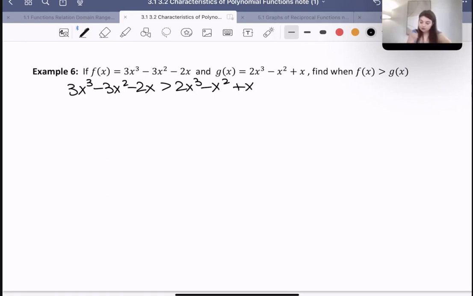Okay, so what I'm going to do is bring everything to our left. Then I'm going to have x cubed minus 2x squared minus 3x is greater than 0. And then I'm going to factor this. Oh, and this is good news. We don't even have to do our long division at all. I'm just realizing, and I'm getting excited that we don't have to, because we can just common factor out x,